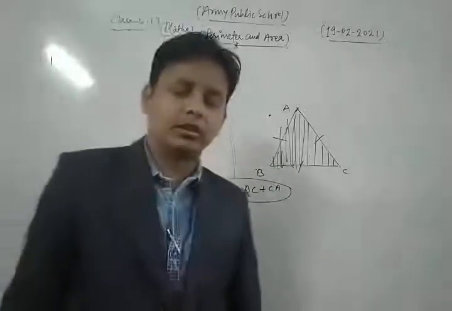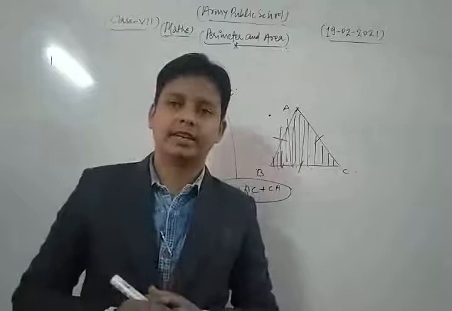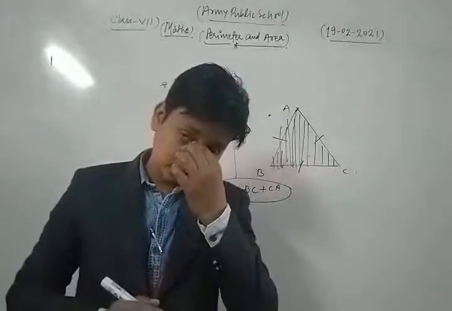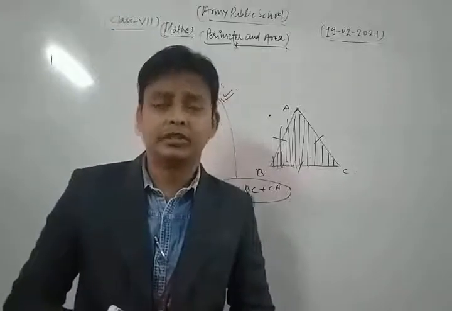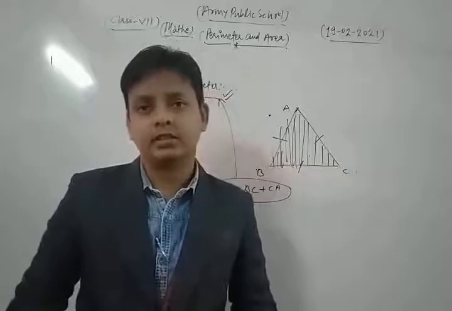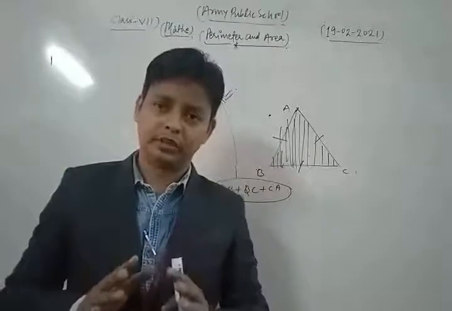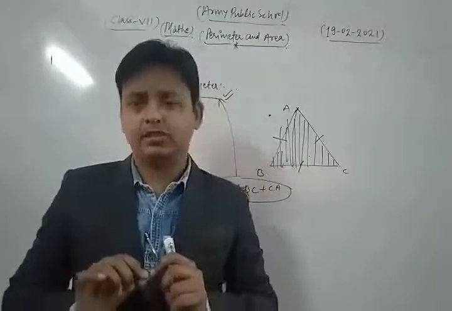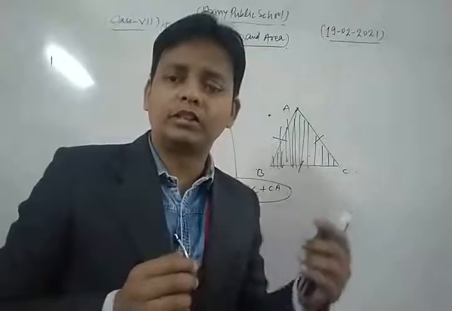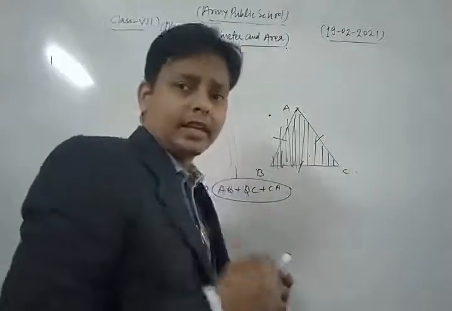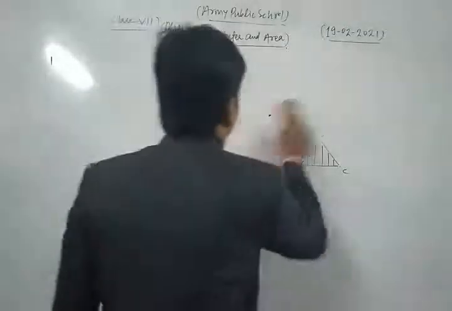Now, dear students, in that chapter we generally discuss some important topics: parallelogram, triangle, rectangle, square and circle, and we discuss all the important formulas related to each and every topic of that chapter. Now let's see the process, the concept, and the method to find the area and perimeter of different geometrical shapes involved in that chapter.